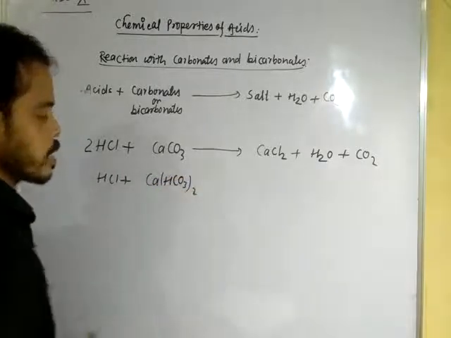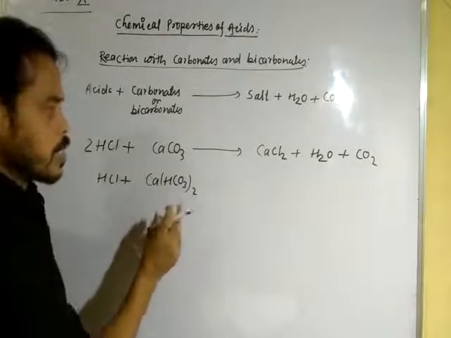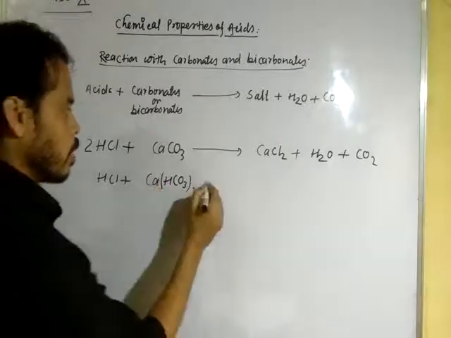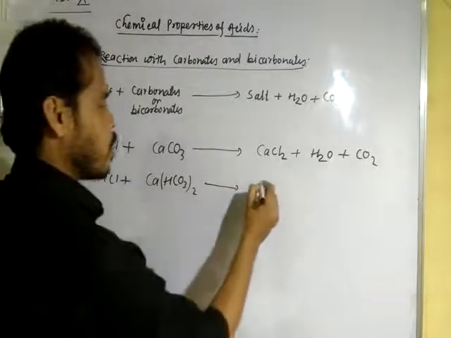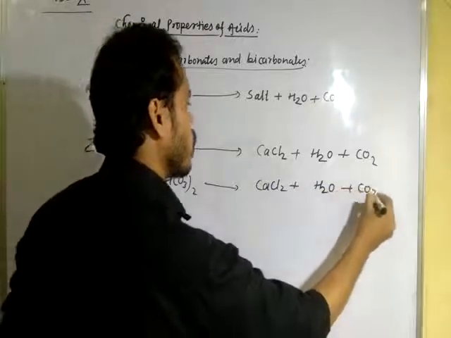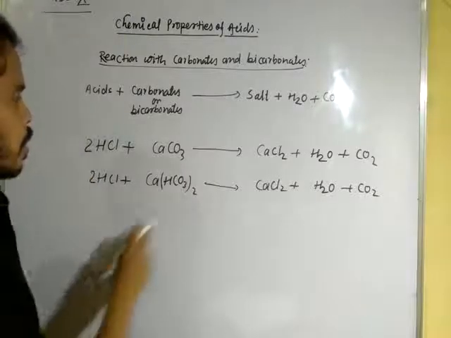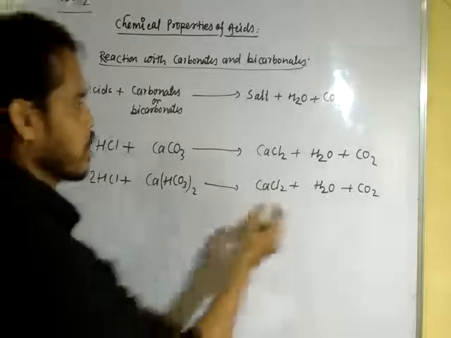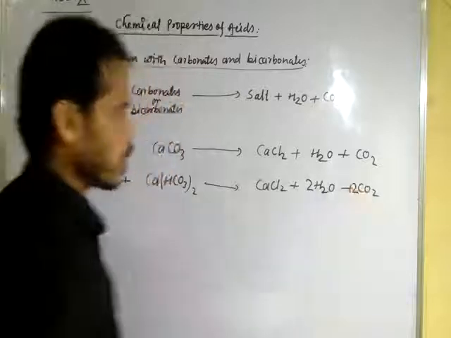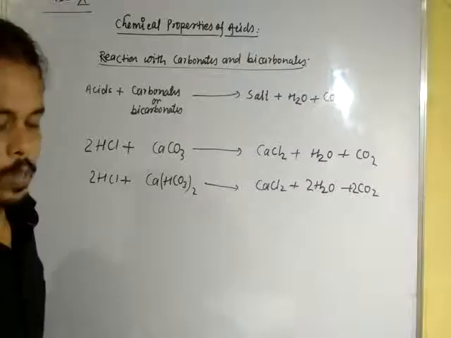Ca(HCO3)2, calcium bicarbonate. It is also known as calcium hydrogen carbonate or bicarbonate. Clear? Now once again it forms the same compound, calcium chloride, H2O and CO2. Here is the reaction balanced? Not balanced, multiply with 2, and here 2 to 4, hydrogen 2. And 2 carbon dioxide also, right, here 2. Okay, this reaction is balanced. 3 to the 6, 2 4 to 6 oxygen.